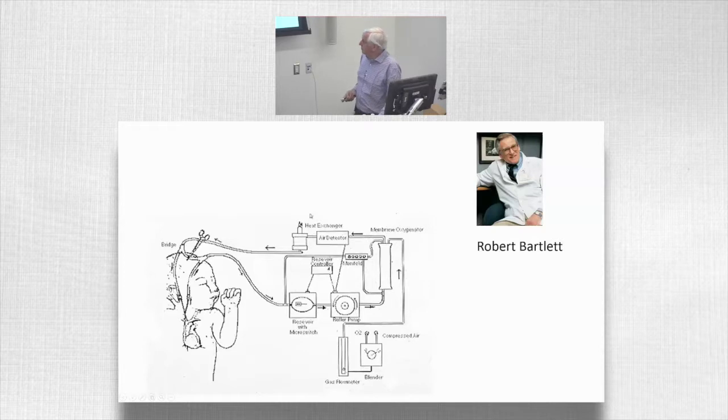And their circuit, which would be very different to the one we use now, used a roller pump, obviously a membrane oxygenator, and a heat exchanger. The cannulation technique was the SVC and the innominate artery down to the aorta. You're all aware of this stuff here. But he, then at the University of Michigan, pioneered this device and continued to propagate it